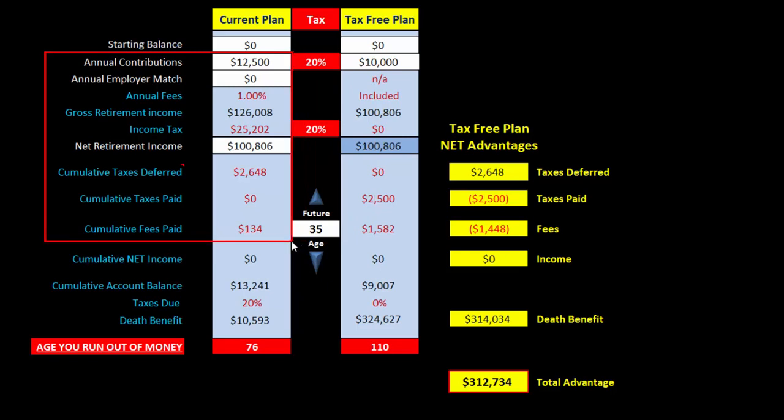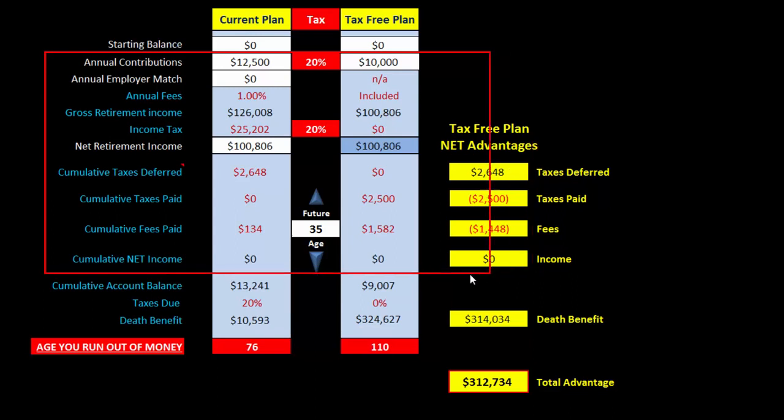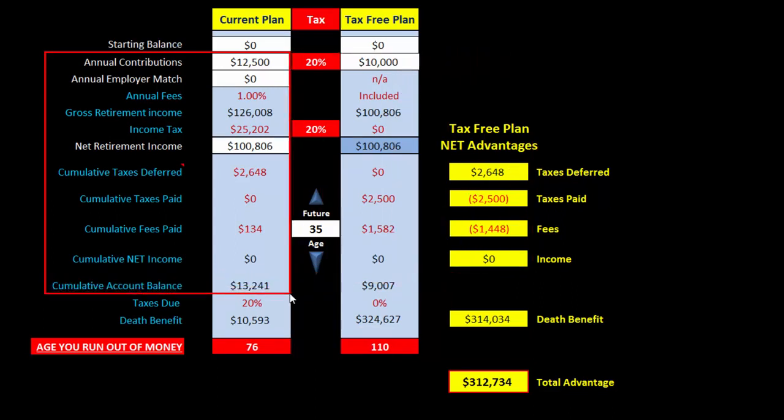Here's the 1% fee, $134. Here are all the fees for the IUL, $1,500. We subtract the $134 from the $1,500 and we have $1,448 the IUL is behind. There's no income at this point because they're only at age 35. And we can see that the growth of the 401k at 7% minus the fee has a balance of